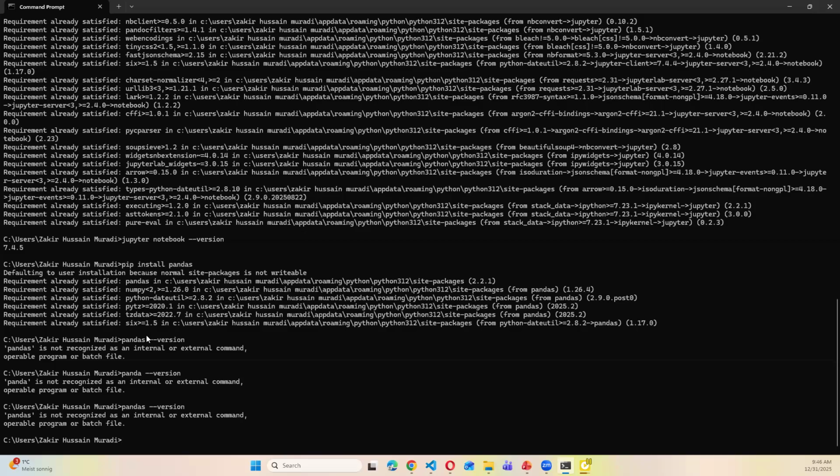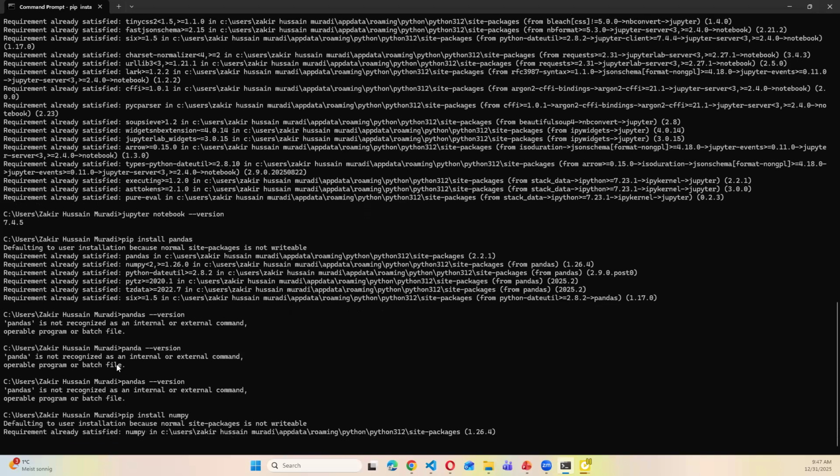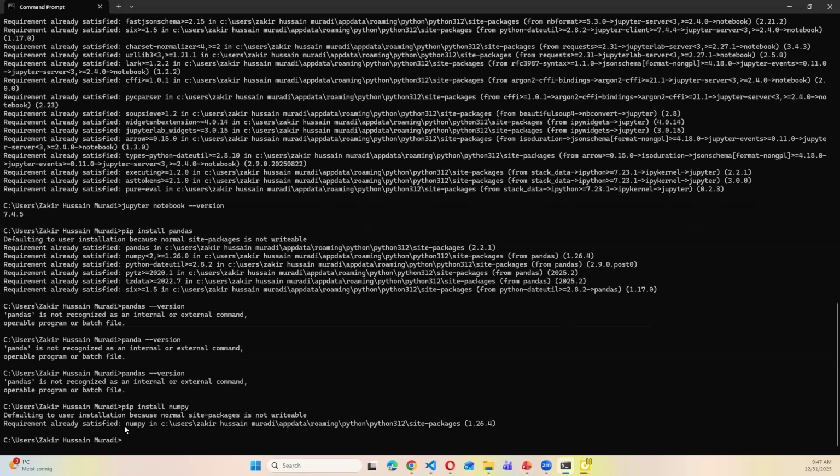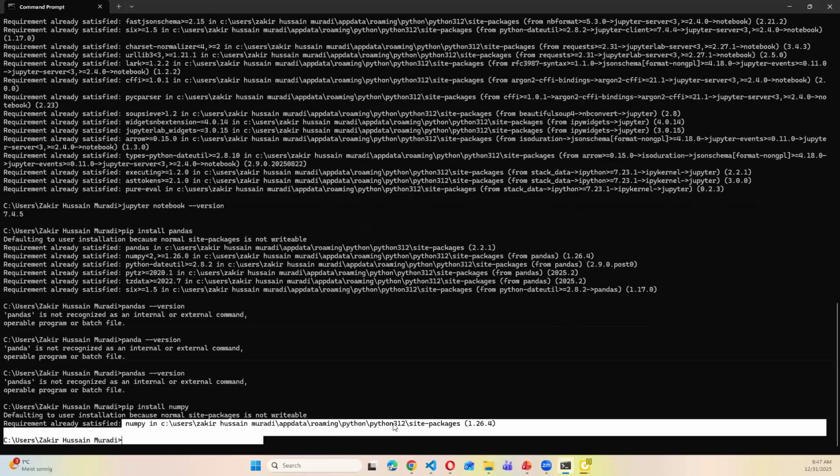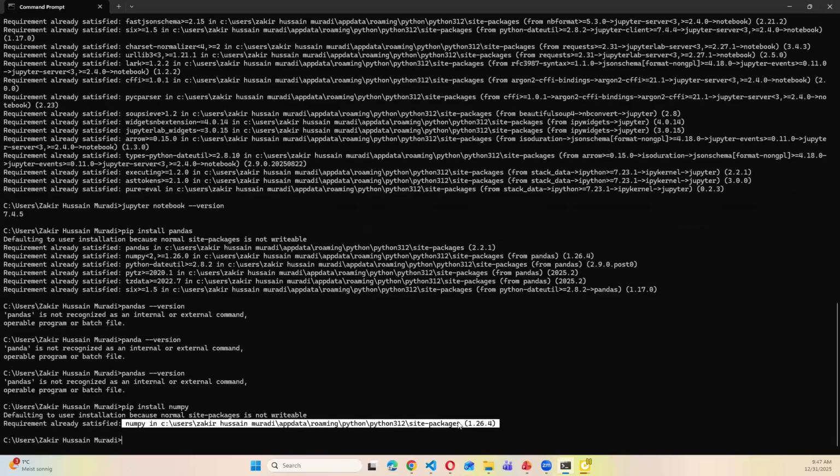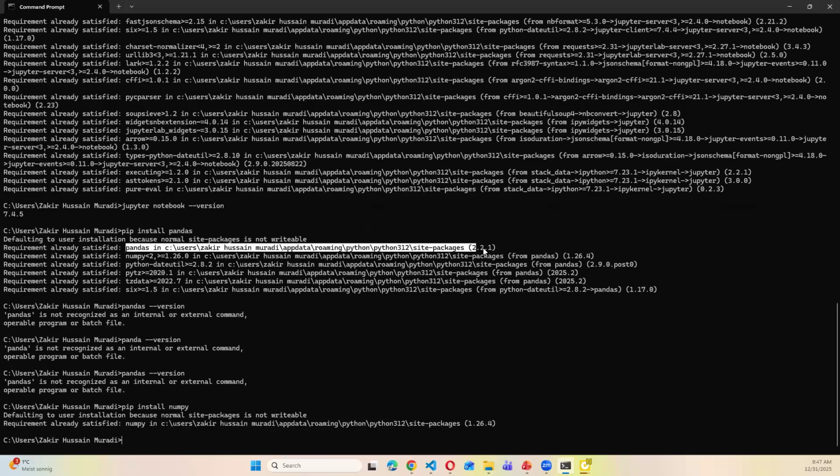It's already requirement satisfied, but I don't know why. If I say pip install NumPy, then you can see it's already installed and satisfied. NumPy is here. You can see here I have this package. Also for this one, I think it should be here. Yeah, Python is here. Pandas, you can see 2.21. Yes, please, Mariam.